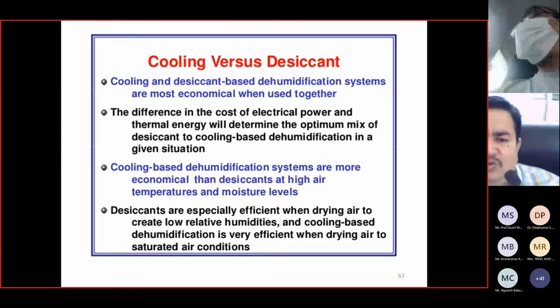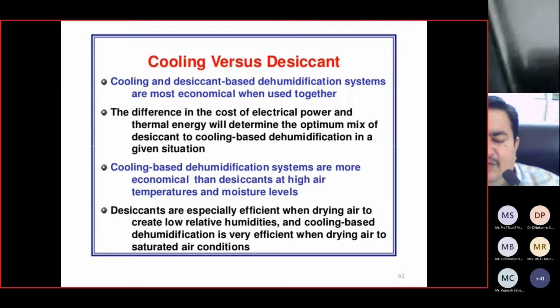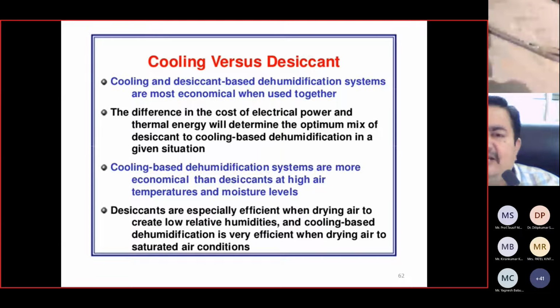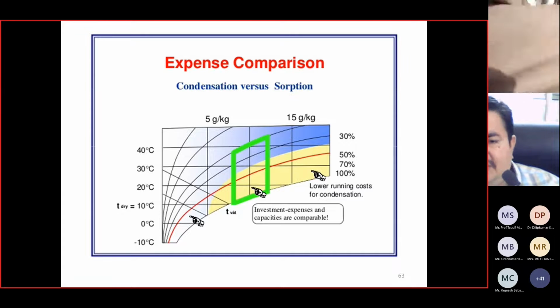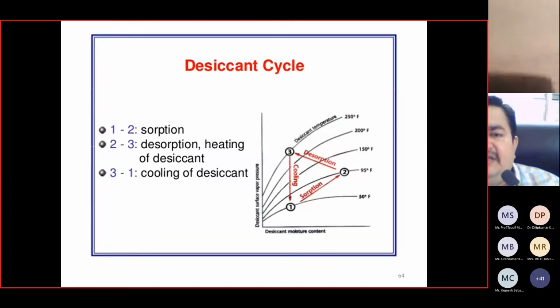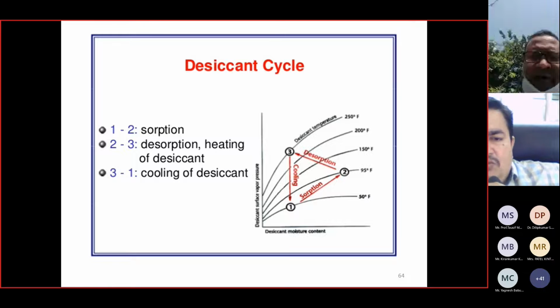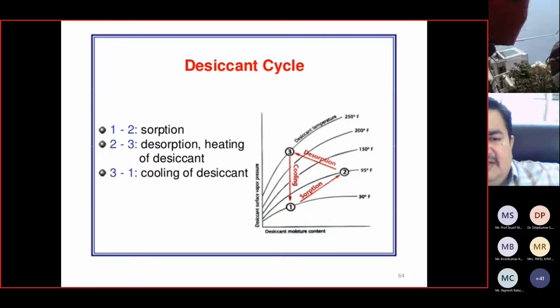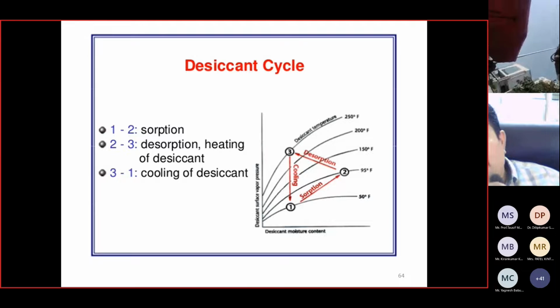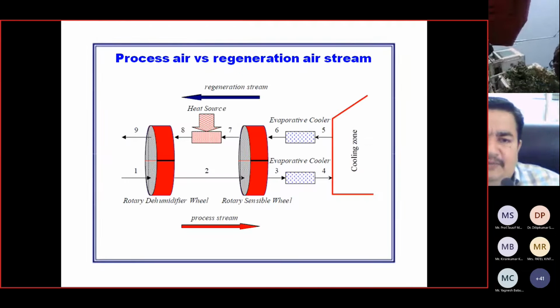Cooling versus desiccant. So all that we discussed primarily while setting up the discussion with the introduction to the desiccant. So that is condensation versus sorption, and the humidity range in which the same is to work, and this is how the desiccant cooling cycle works. Process 1 to 2 shows sorption, dehumidification of air; 2 through 3 is desorption, heating of the desiccant so that it can regenerate efficiently; and 3-1 is cooling of the desiccant, so it is returned to its initial temperature and pressure.